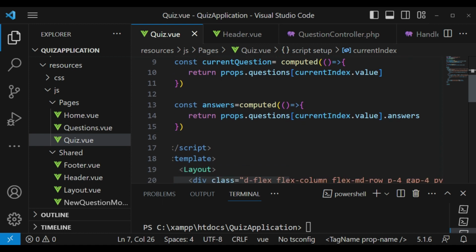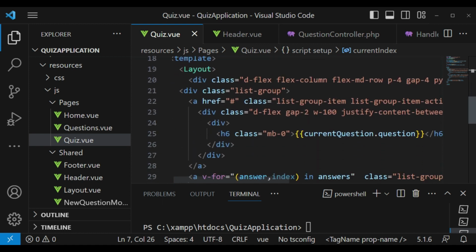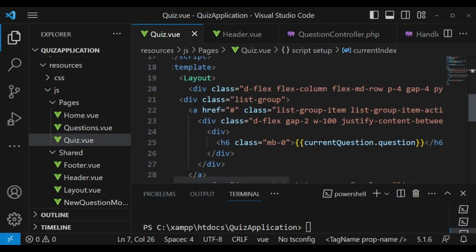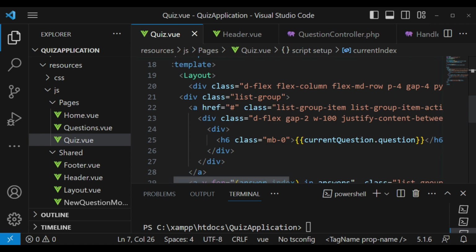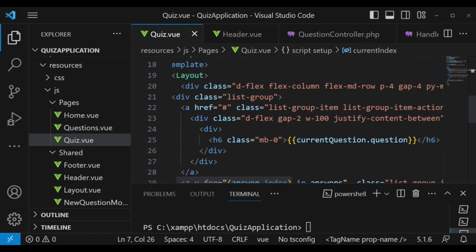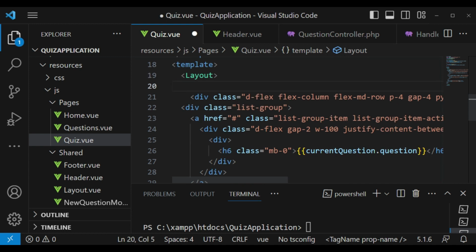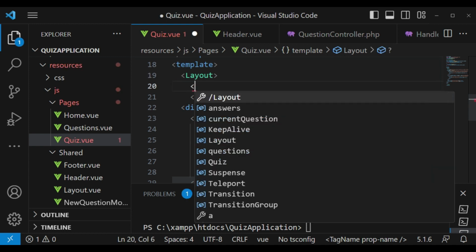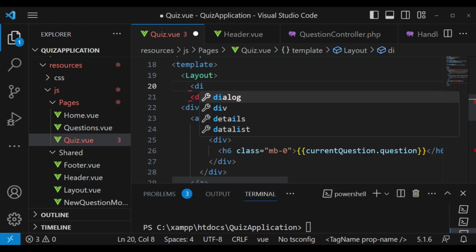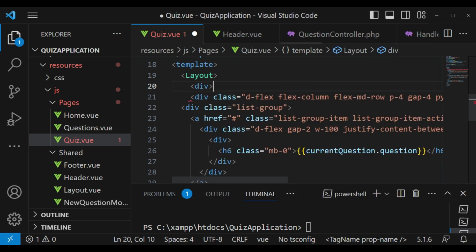But before we do that, actually above here we can have a div that tells us the position of our questions. So we can have a div like that, and we can say the current index,